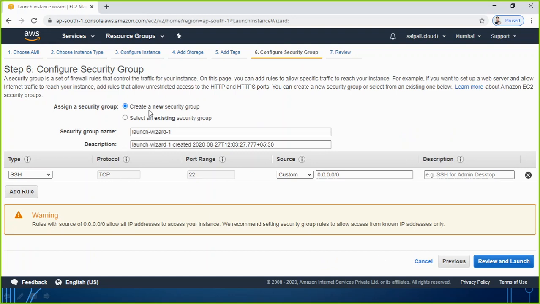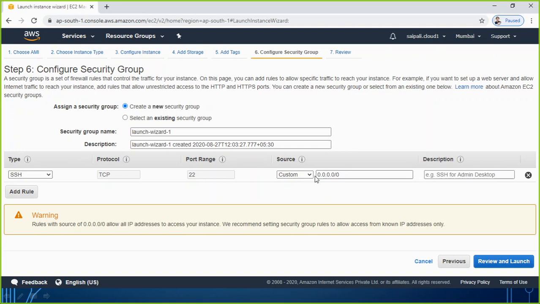Configure security group. As I explained in the last session also, a security group means you are creating rules where you define what kind of protocol you want to allow, which you want to deny, or something. By default, because we are making a Linux instance, SSH is already there in your security group.